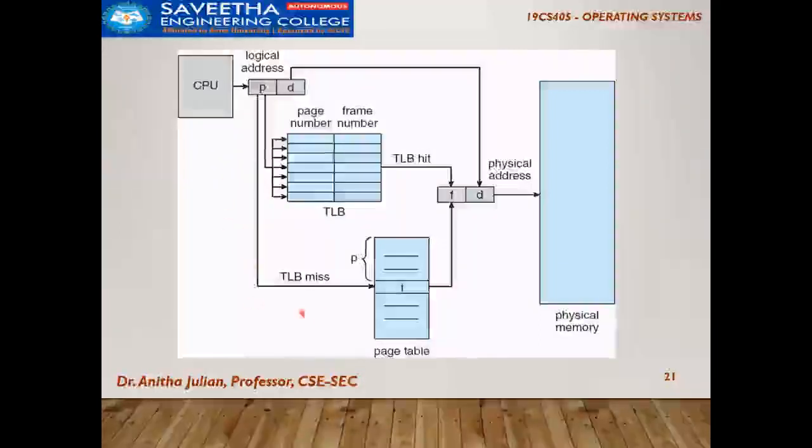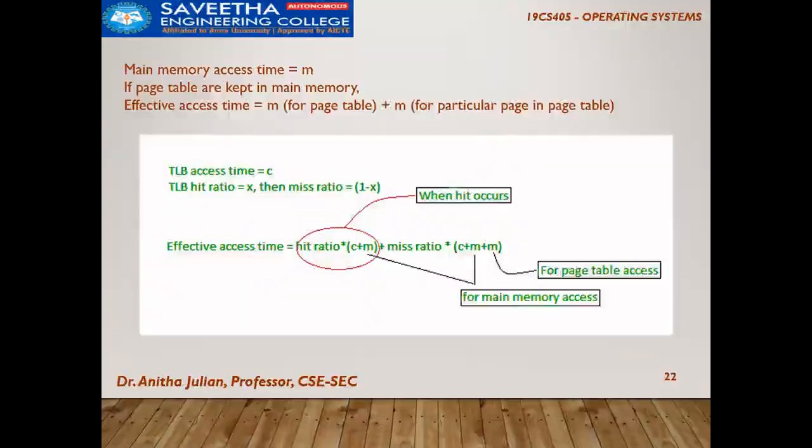Initially the page number is given to the page table. If I'm able to locate the frame number, I can go straight to my physical memory. But supposing the number is too large, because this page table will have very minimal information, and I am unable to locate it here, I will go to the TLB, the lookup table, and try to locate the page number, which has a mapping to the frame number. If I miss it here, I can collect it from the lookup table, and with that frame number I can locate the physical address. That is the understanding of using this concept.